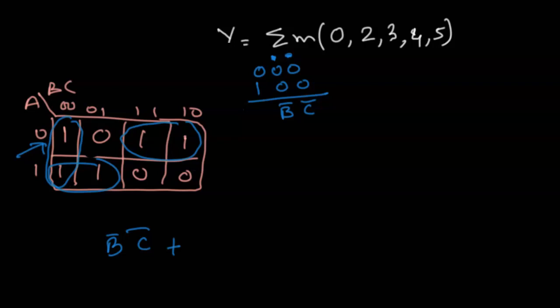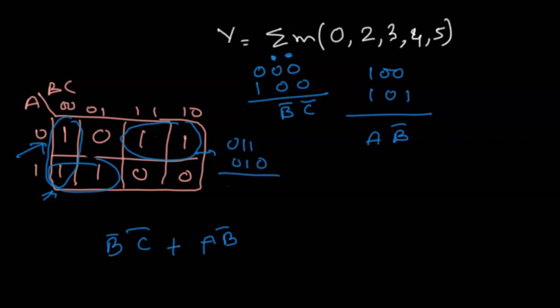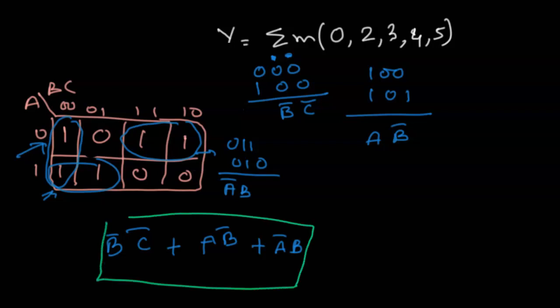Now my second group here, which is again 1, 0, 0 and the next block is 1, 0, 1. So what we have common is A and then B bar. A and then B bar. Next, the next group 0, 1, 1 and then 0, 1, 0. So what we have common is A bar B. Hence, here is my output of the most simplified version of Boolean that we can get from this expression.